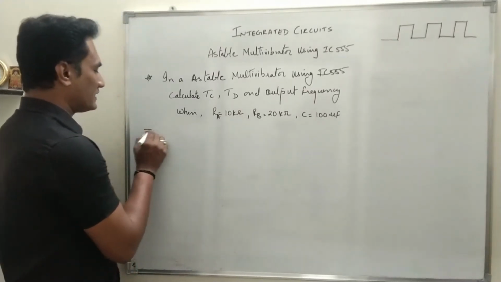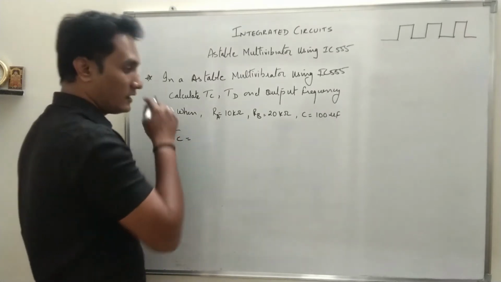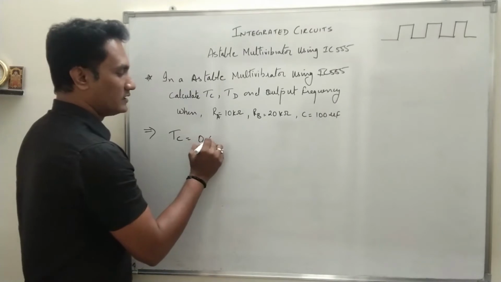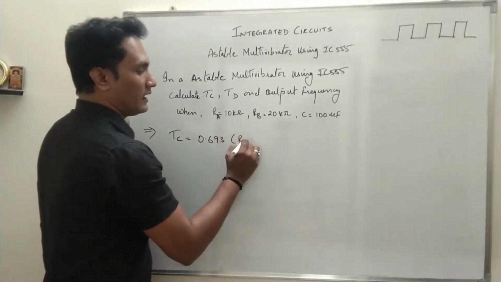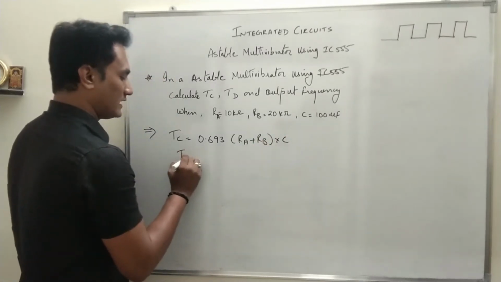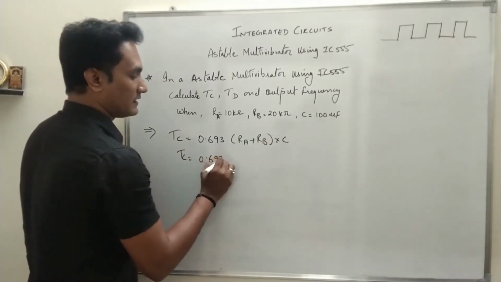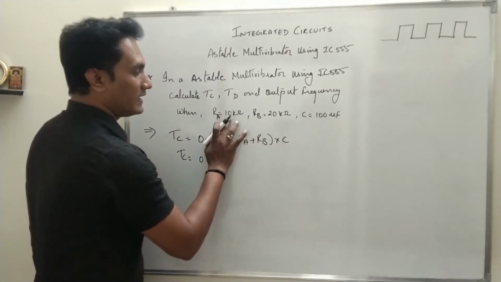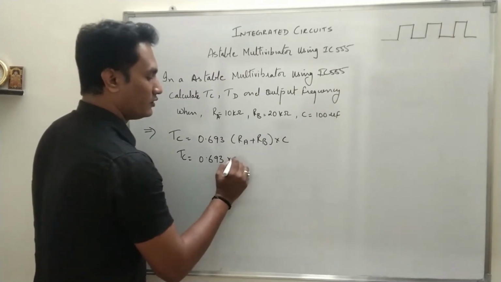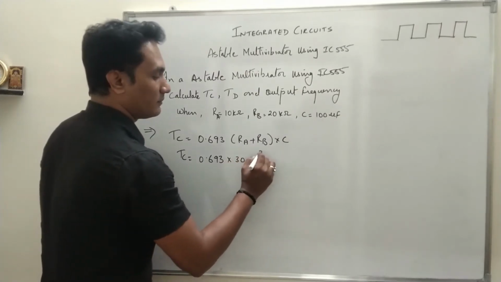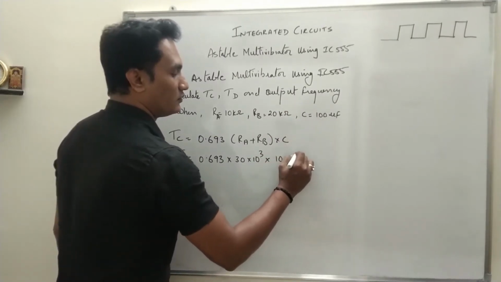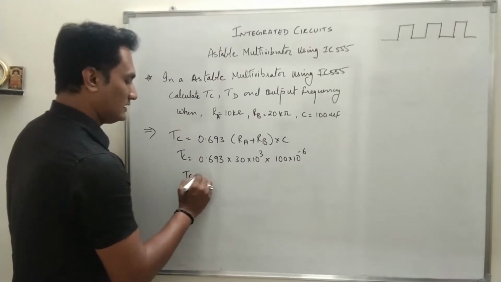Okay, so we start with the charging time. The formula, when the capacitor charges through RA and RB, so that is how you have to remember: 0.693 (RA plus RB) into C. Okay, so charging time will be 0.693, RA plus RB will be 10 plus 20 kilo ohms, that is 30 kilo ohms, 30 into 10 to the power 3, multiplied by capacitor 100 microfarad, 100 into 10 to the power minus 6. So TC will be